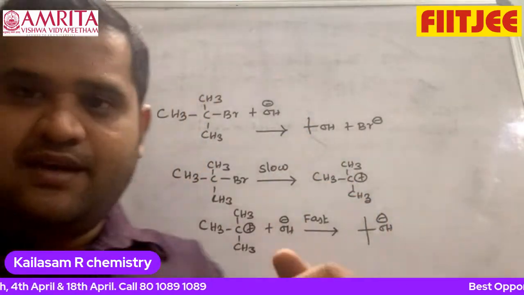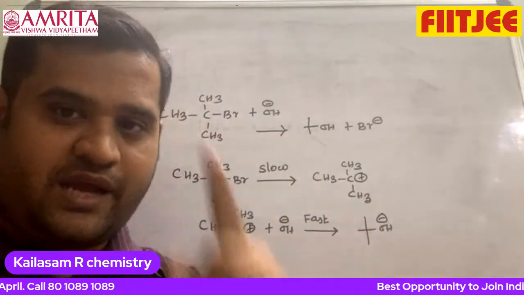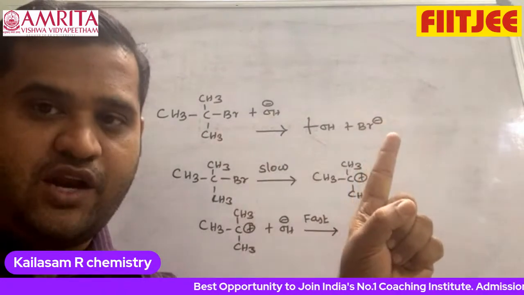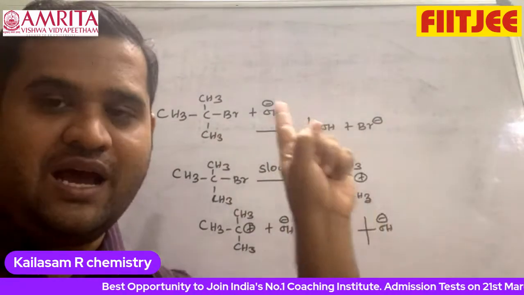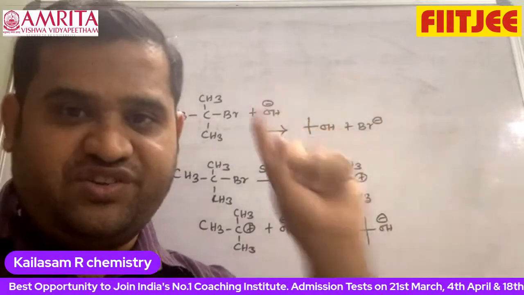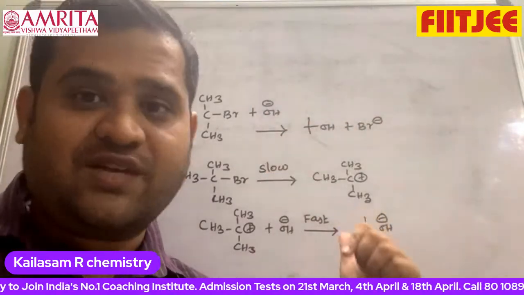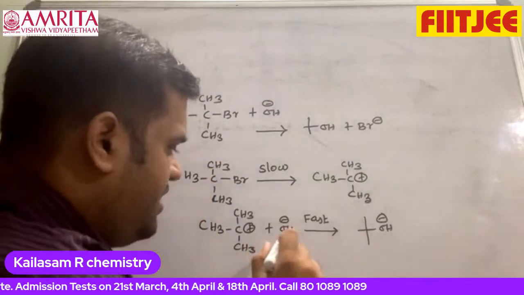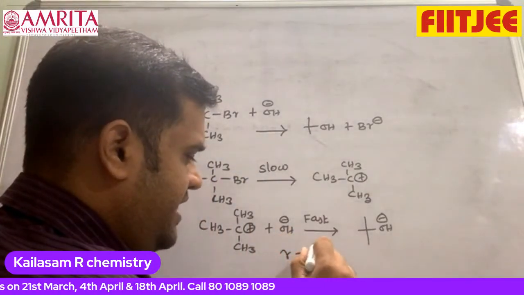That means kinetics deals with the mechanism of the chemical reaction. In the mechanism of the chemical reaction, the slow step is the rate determining step, which decides the order of the reaction. The fast step we should not consider. So I can write it here. Look at this. The rate is equal to the rate constant,